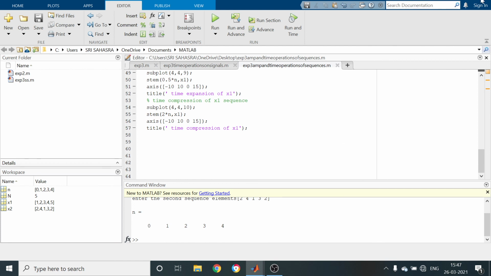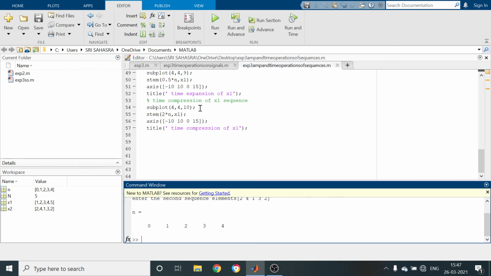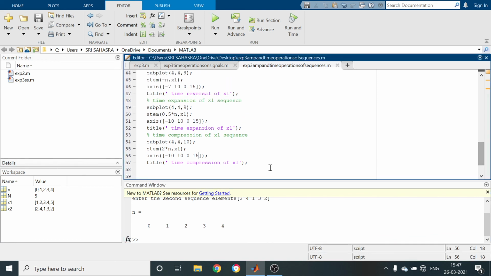So here just we have to write scaling of x2.